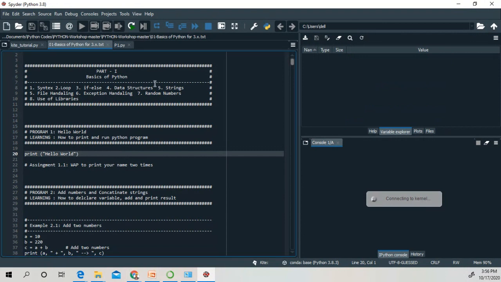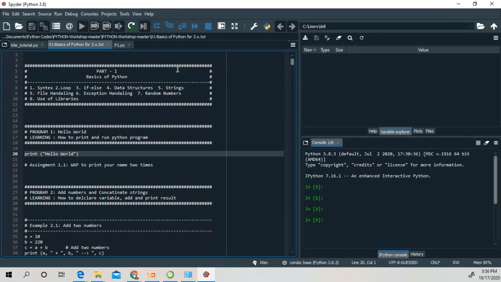This window is called the editor window. Here you write a complete script and save that script in a file. And here you will find a console. Console means output. Your program will be executed and show the output in this window.